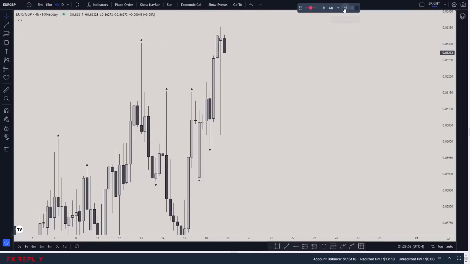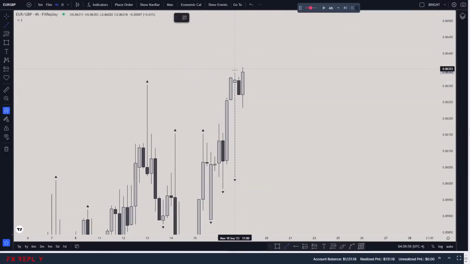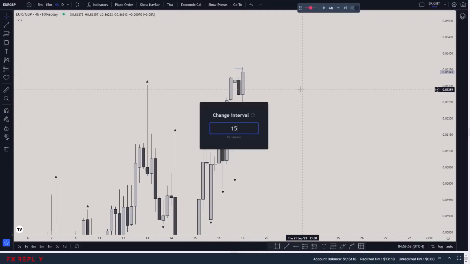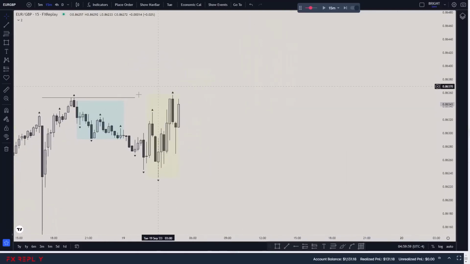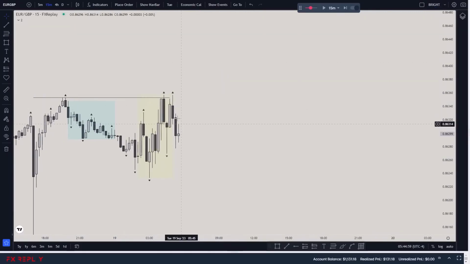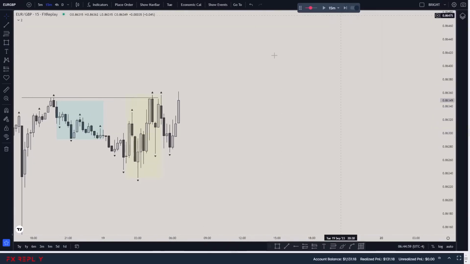And let's see what happened. Price goes lower, and there is another sweep right here. There is this sweep. So going back to 15 minutes, see what's happening. We can see that it's in the London kill zone. So London kill zone, nice sweep with a wick, no fair value gap to enter from, and we're out of the kill zone. So we're gonna wait for the New York kill zone to start,